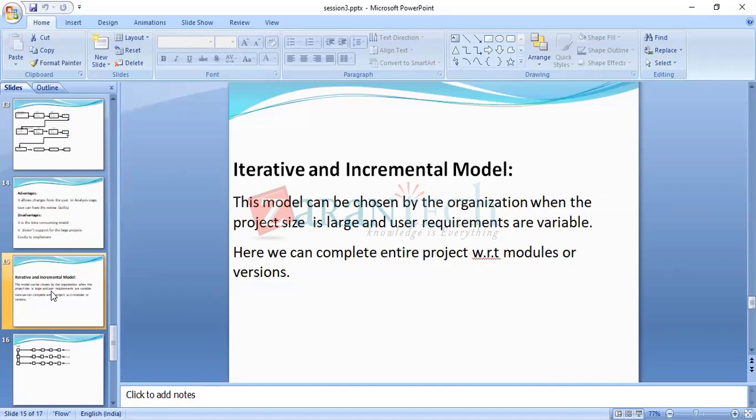For your business, you require software, right? For that, you came to my company, asking me to develop your software. You have given me 100 requirements.